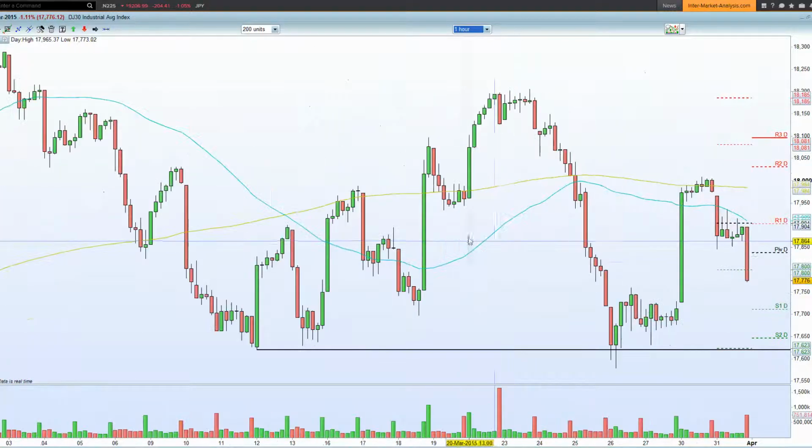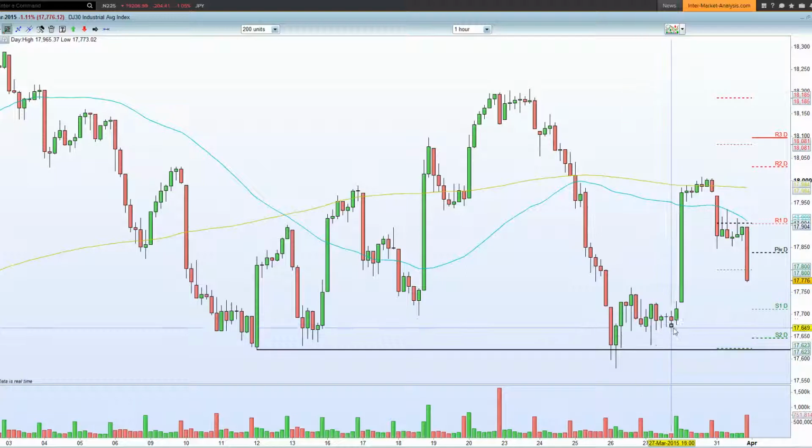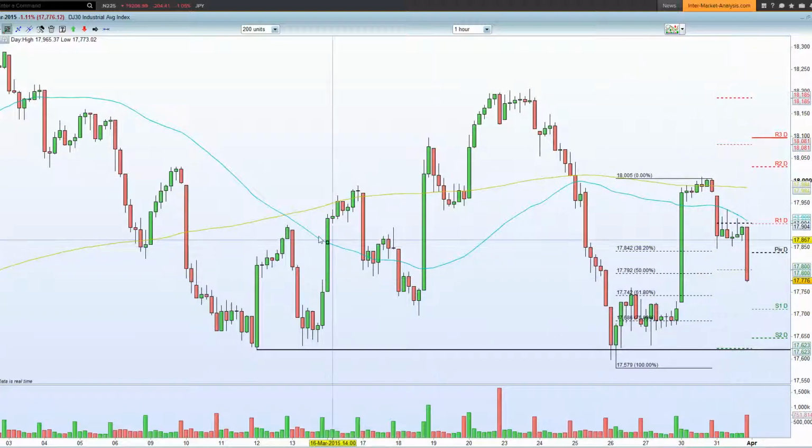Okay, 60-minute chart, again just yesterday's thrust we have held, especially if we take into account yesterday's thrust, or should I say the thrust from the 26th of March, and obviously the 27th of March, and obviously the market has moved higher quite substantially on the 30th. Okay, so we take the pivot low here, take it to the pivot high, we're into the 50-61% fib, therefore no real cause for concern as of yet.